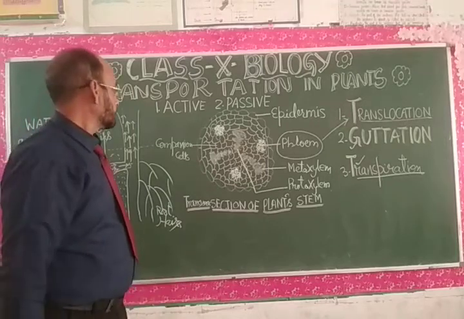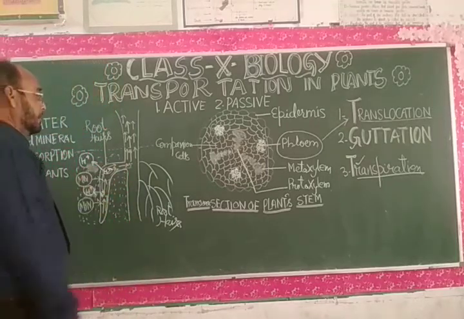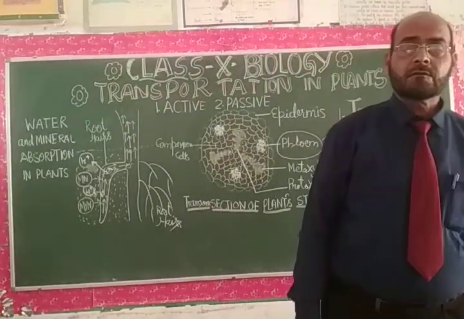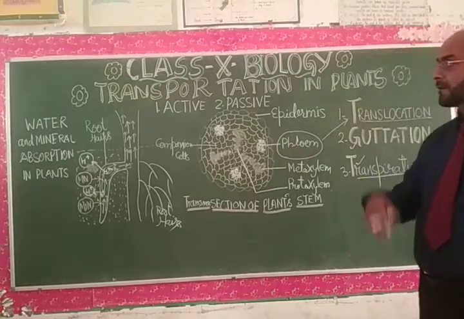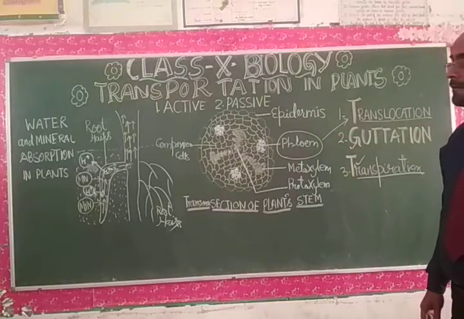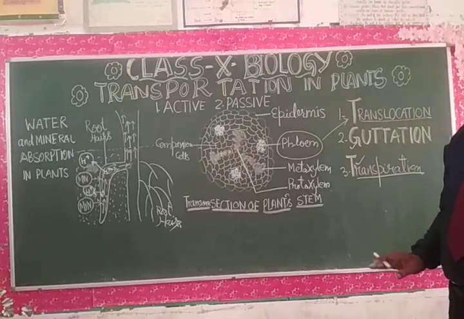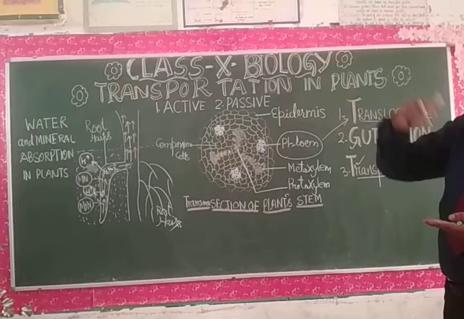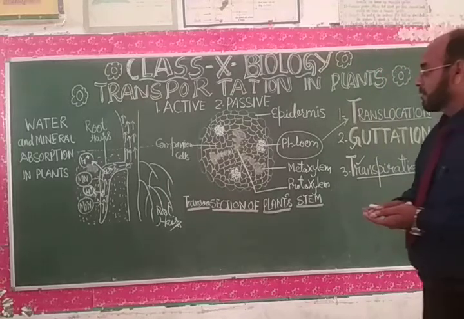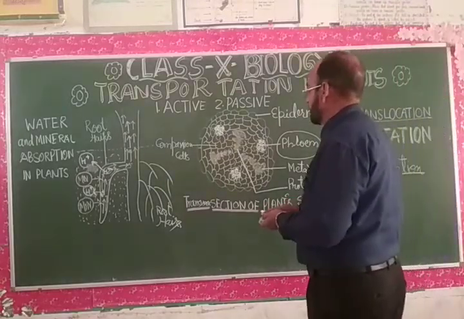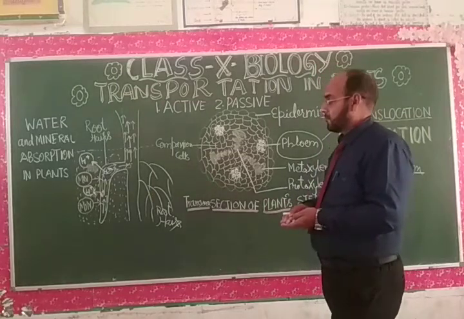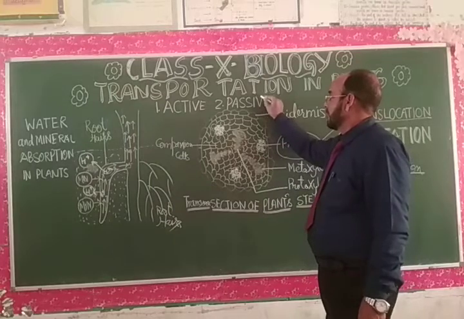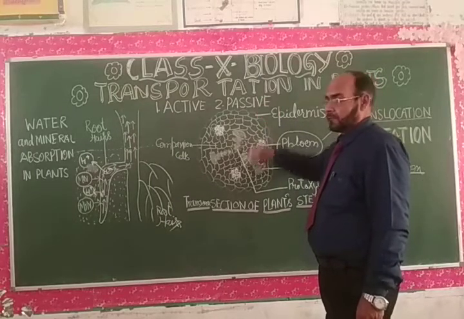while active transport requires energy for the transfer of material molecules within the plant body. For example, osmosis means the transfer of water from one part to another part in the plant body, and that doesn't require any energy. That is done by the osmotic pressure created by the stomata. So the stomata creates osmotic pressure, and that osmotic pressure pulls the water from the ground via root hairs, and that is called passive transport.